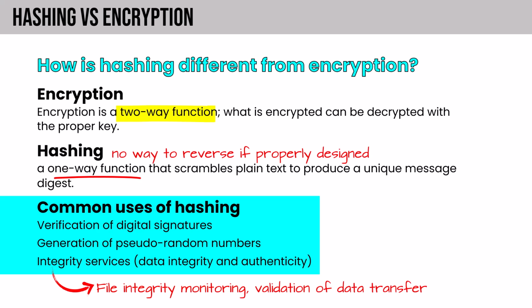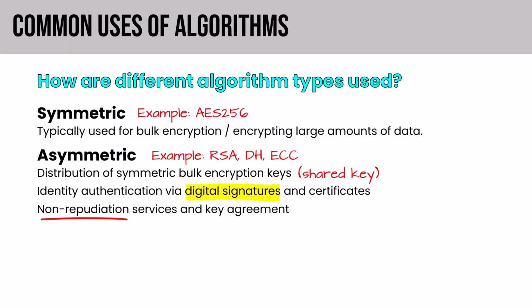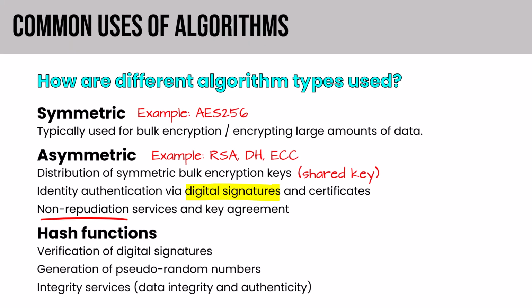And when we're transferring data, when we're transferring a file, we can generate a hash of the file before we transfer and another hash after, and compare the two, and if they match, then the data is intact. Its integrity remains. So let's just add those common uses of hashing to our list we used previously for symmetric